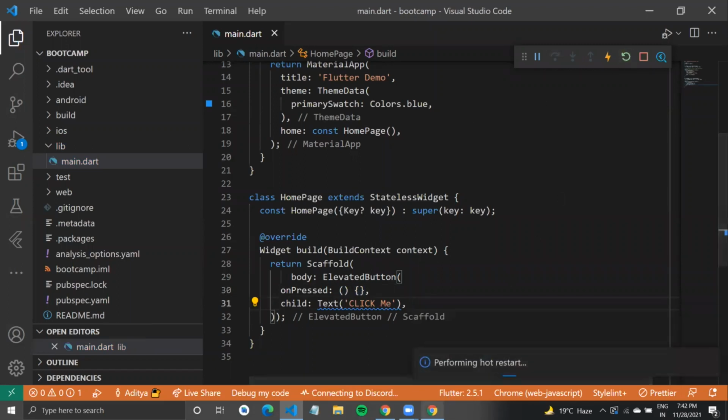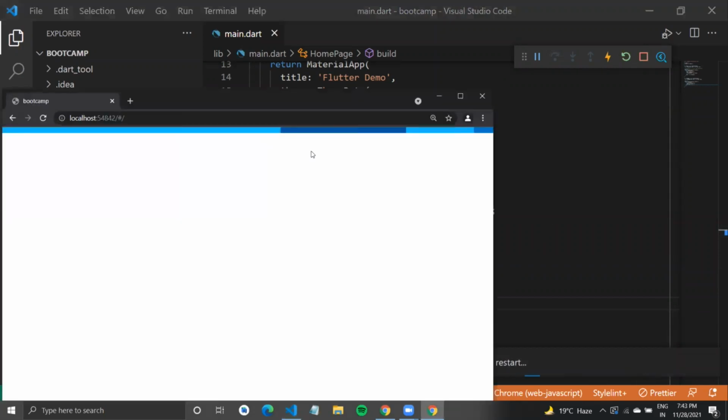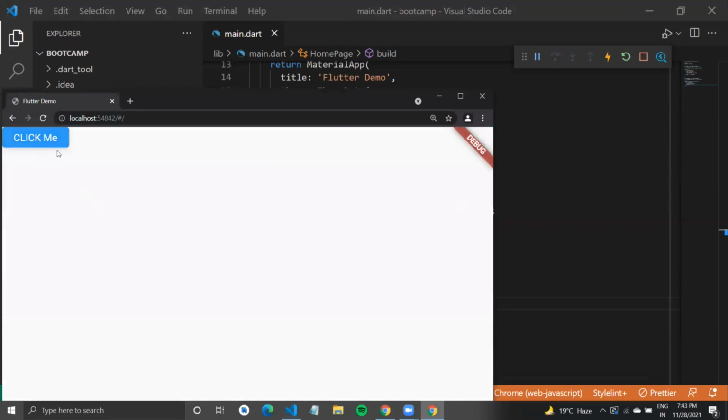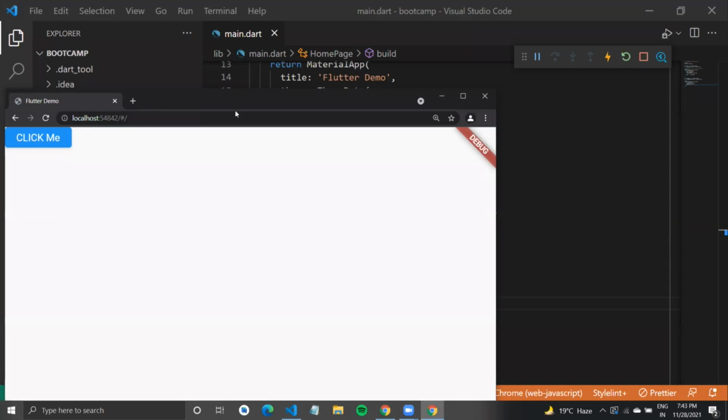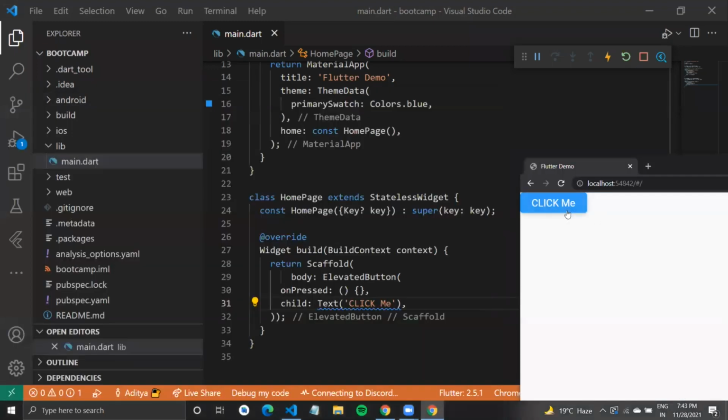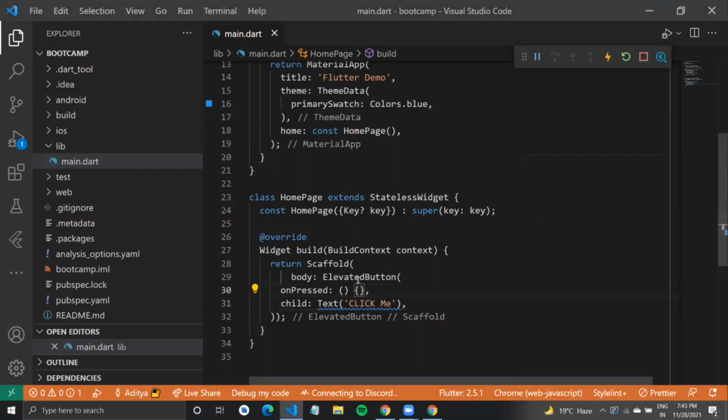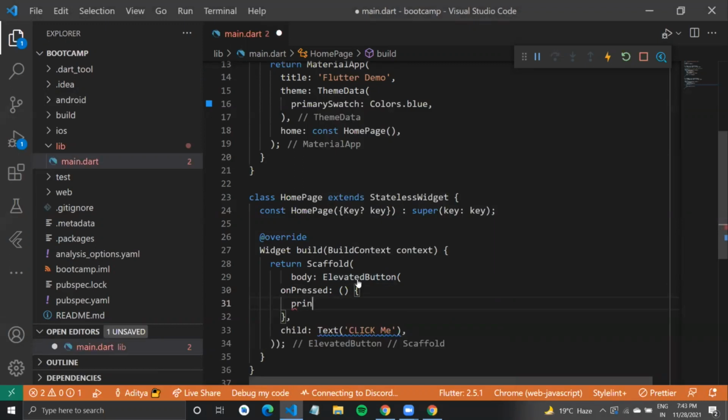I will do something called a hot restart, and as I write code, I should immediately see the changes on screen, and you can see click me here, and this is a button. This is a simple button that we just created. So if you have some UI designs that you want to build, you can just see those designs and write the corresponding code for it. Like I just did, I wanted to add a button, I added a button on screen, and you can even click on it. If I add certain statements in it, I can make it do something like print,